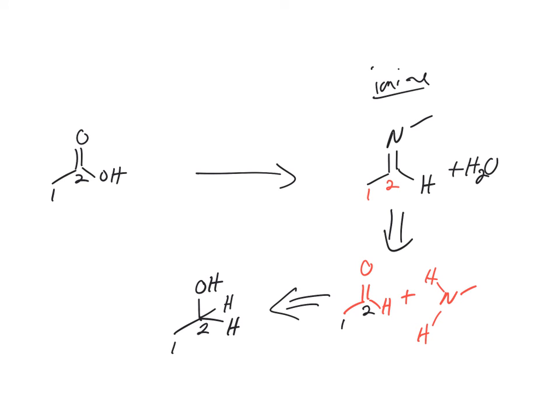You know DIBAL-H, which turns esters into what? Into aldehydes. You know sodium borohydride, which reacts with only ketones and aldehydes. And then your last one is that really reactive one, lithium aluminum hydride. So guess what? Lithium aluminum hydride is the one that can take a carboxylic acid and turn it into a